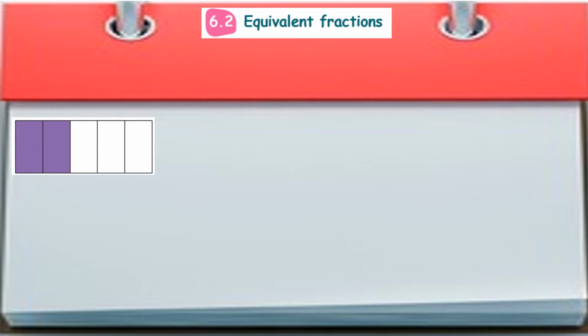Look at this picture. I have taken one rectangle and this rectangle was split into 5 rectangles, right? And 2 rectangles are shaded, isn't it? So I will write the fraction: total number of parts is 5 and shaded parts are 2, isn't it? So this is the fraction for this rectangle. Clear? Okay. So now I am going to multiply with